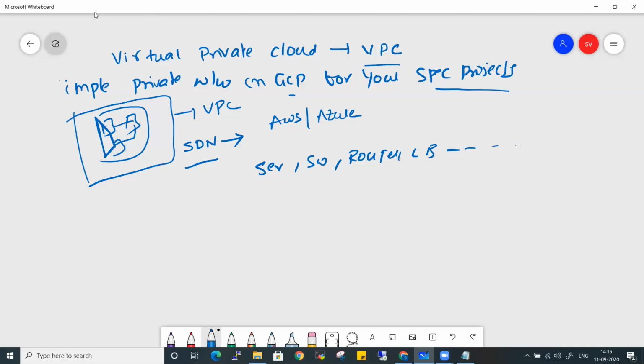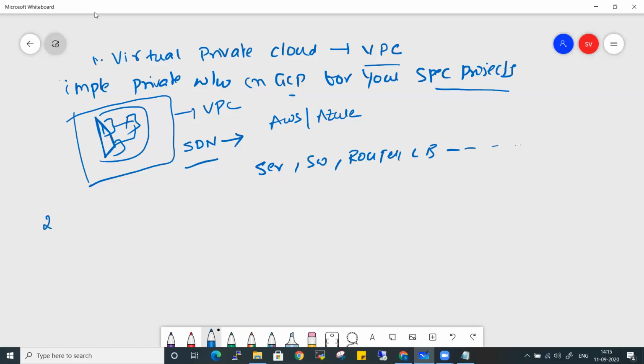You need not worry about whether your underlying routers are capable of handling those, or whether switches have those number of ports. The vendor, in our case Google Cloud Platform, will do all the underlying heavy lifting for you. As an end user or customer, you are just enjoying the privileges that they are providing you by way of software defined network. So that's all about VPC.